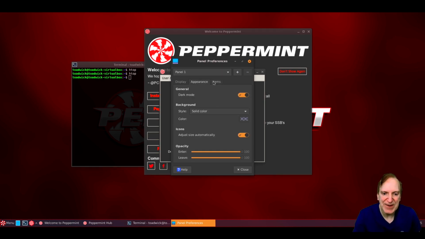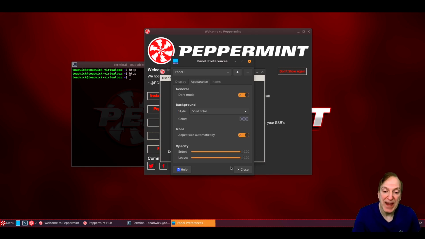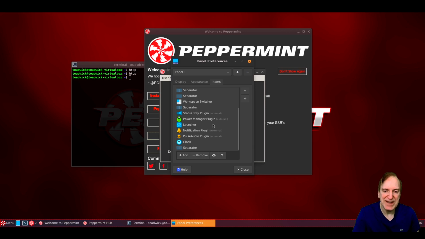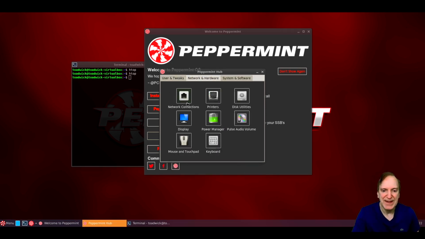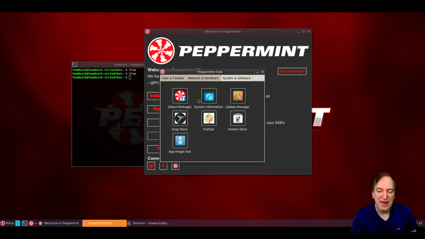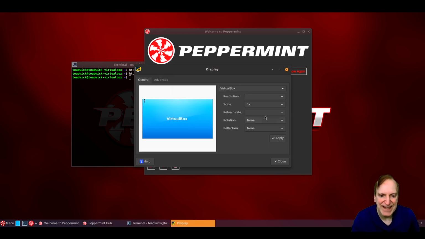And here we got our display and appearance and items. So these are all the items, and anything you need to change on your panel, or add and remove, is all done right here. Pretty standard, just like we've done in other videos for the XFCE panel. And then disk utilities, display, power manager, PulseAudio volume control, mouse, and system software. So this is kind of cool too. I like this. So we have easy access to